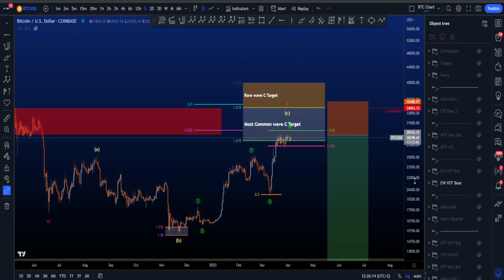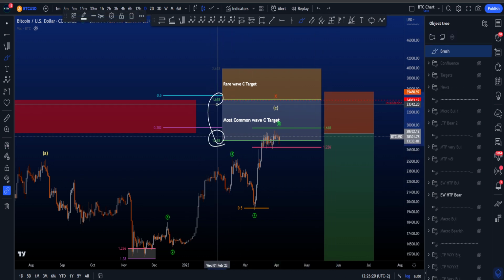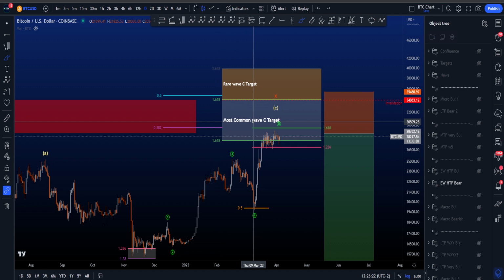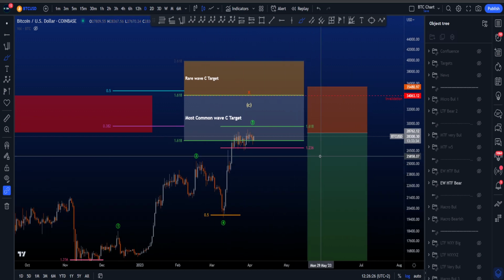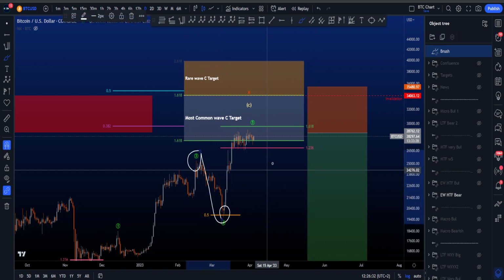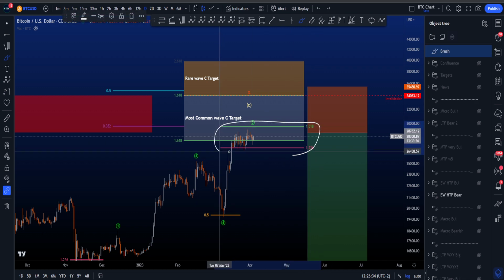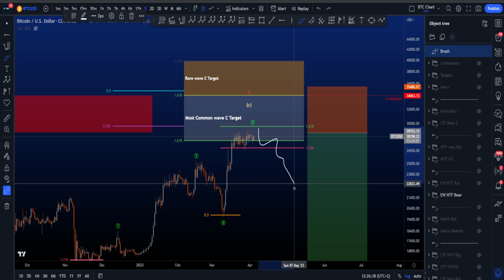The most common target for wave C is the white box that you see on the chart over here, between basically the two 1.618s right here, with the high being at about 34k. And what is important as well is that these fibs over here, the 1.236 and the 1.618, pulled from the high of 3 to the low of wave 4, signal the most common target area for a wave 5 over here, before you can then expect a retracement